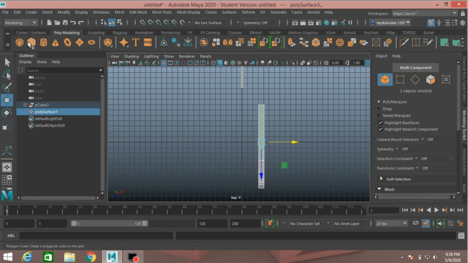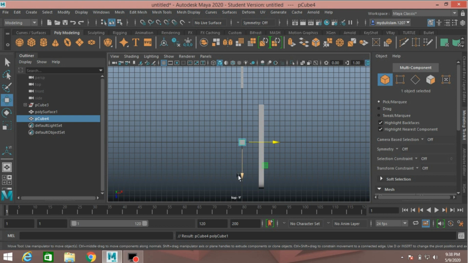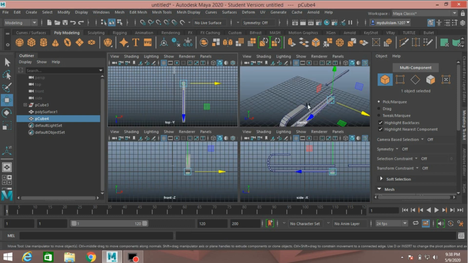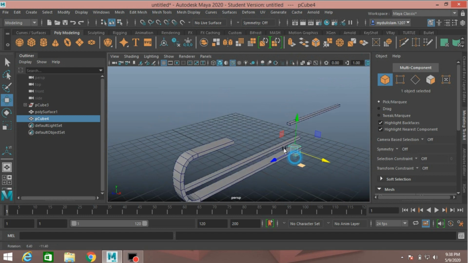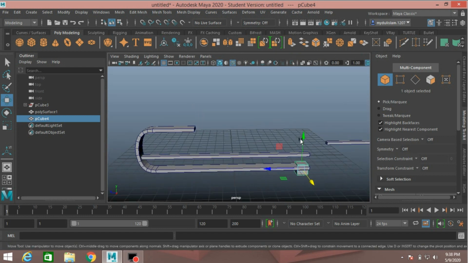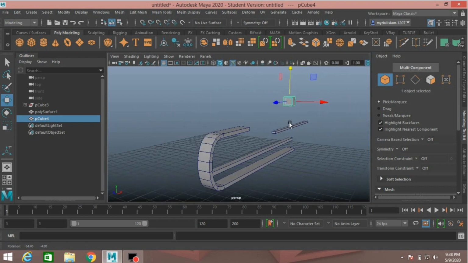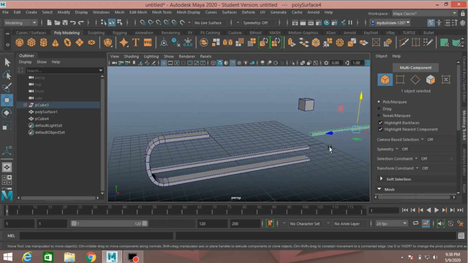Take another polygon cube and move it here. Just like this. Go to perspective view and move it up. Select this, press Ctrl plus H to hide it.